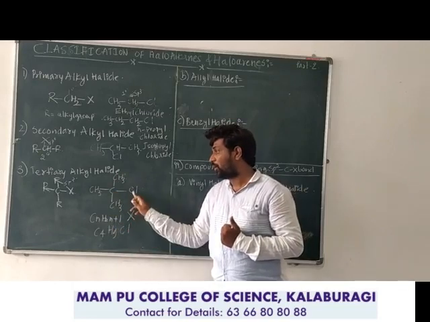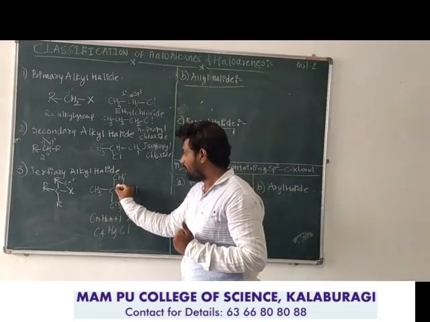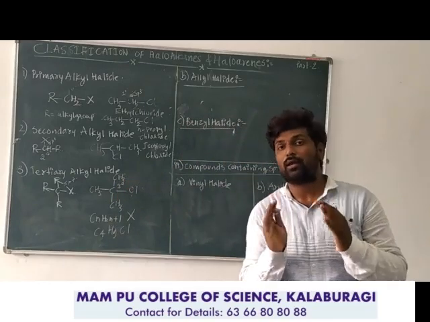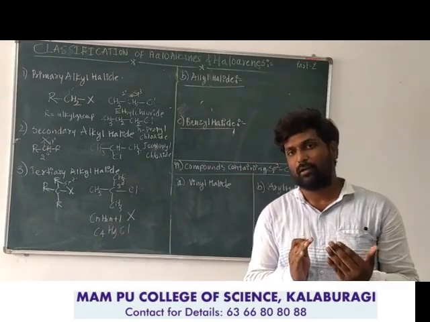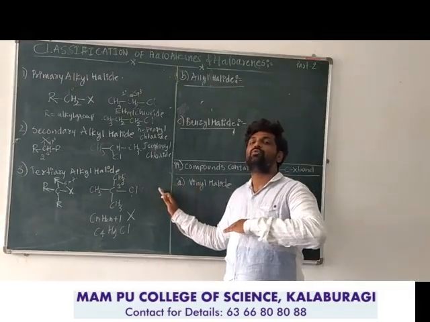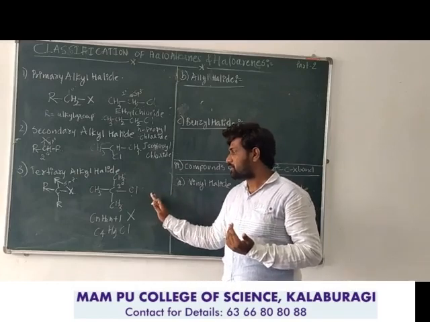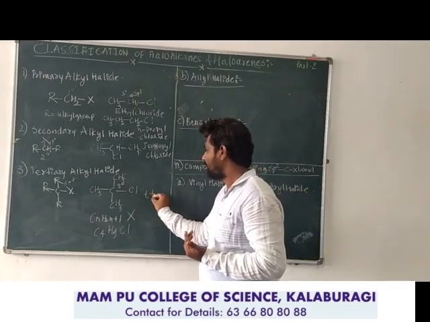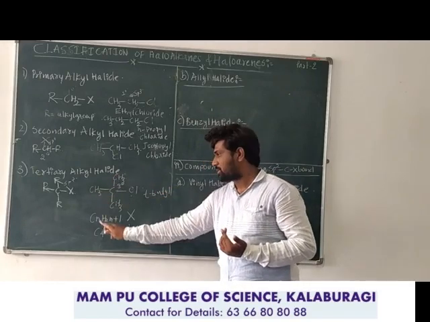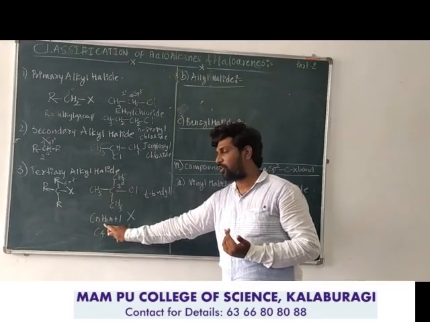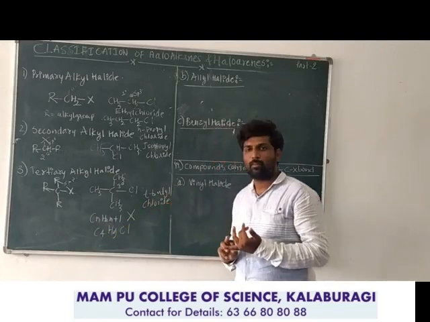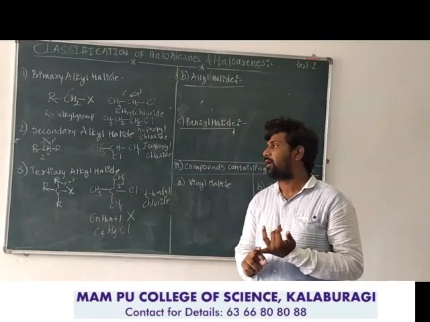And the halogen. The only thing you need to remember is that the halogen atom is bonded to the tertiary carbon atom. So tertiary alkyl halides are the type of alkyl halides where the halogen is bonded to the tertiary carbon atom, which is bonded to three other carbon atoms. So this is tertiary butyl. Butyl stands for four carbon atoms, satisfying the CnH2n+1 general formula. Butyl chloride. You can take bromide, fluoride, iodide also.